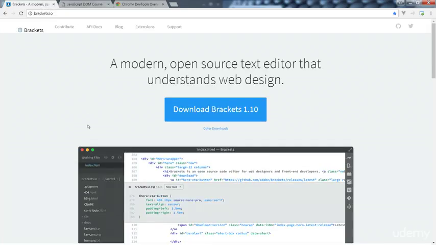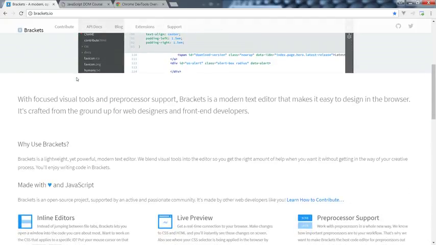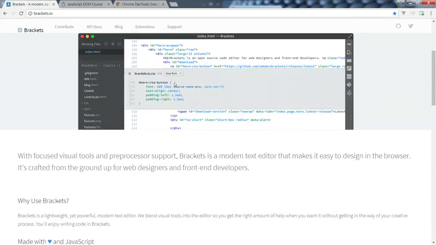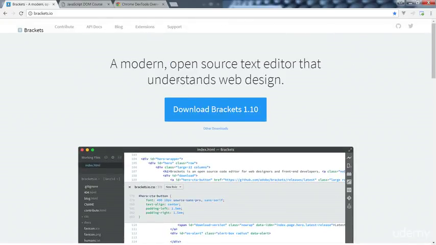And before we get started with coding, I did want to run through the editor that I'm going to be using within this course. I know a lot of times students always ask me, which editor are you using within the course? So the editor that I'm using within this course is Brackets, available at Brackets.io. It works across platforms, so whether you're on a Mac or Windows machine, you can download Brackets and work with it. It's a free open source editor that's created by Adobe,